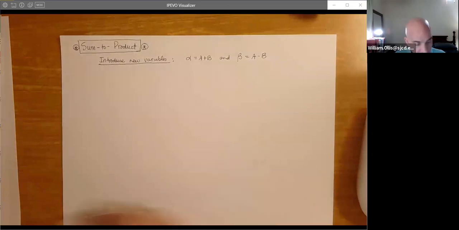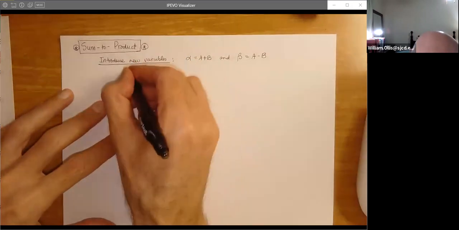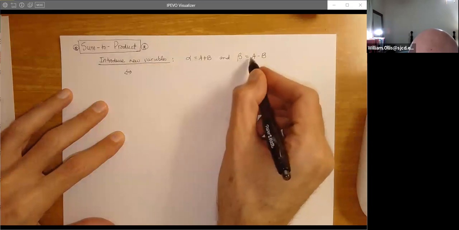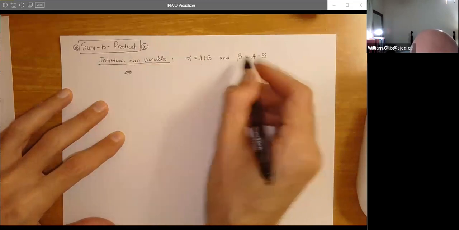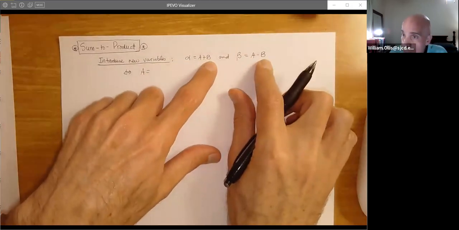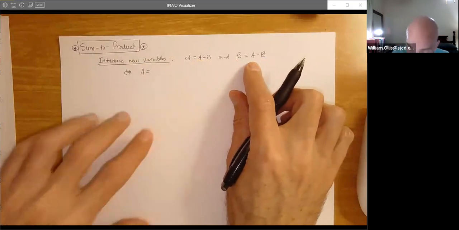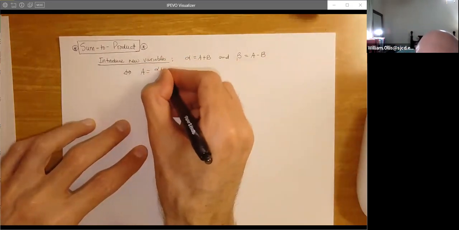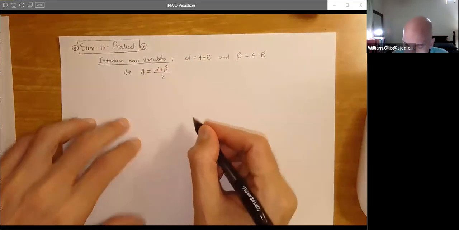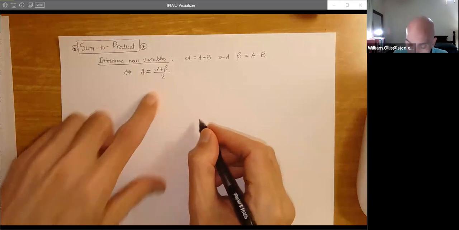And then we've got to say, okay, so what does that mean for A and B? That's where we kind of lose sight of the fact that our equations are going to look really simple. Equivalently, if you solve for A, if you add alpha and beta, the B's cancel, but then you get 2 copies of A, so you divide by 2. So we have A equals alpha plus beta divided by 2. Now that's not the most user-friendly argument, but it's what we're stuck with.